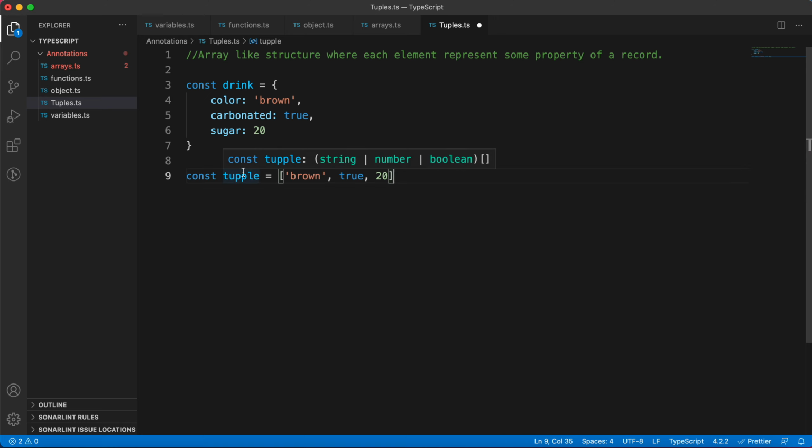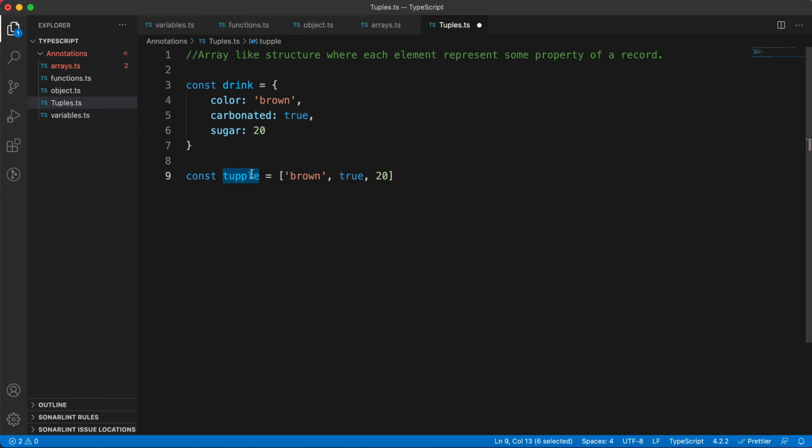Now if we hover over this tuple, it converts to an array. TypeScript guesses the property types of this tuple variable, and it contains a string, number, and boolean item in a particular array.